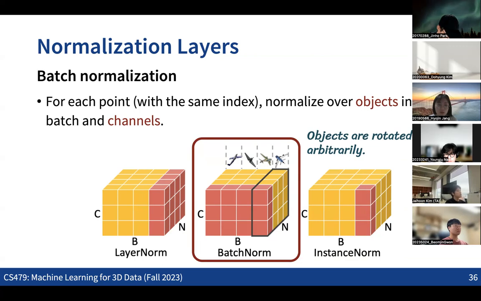And this is problematic because the features that we have are rotation sensitive features, right? Which means that if you rotate all the 3D objects, all the features in the objects will also be rotated. So depending on what random arbitrary rotations you have in the objects in the same batch, the output of the batch normalization will also change. The output of the batch normalization becomes sensitive to the orientations of the different objects, which means the vectors in one object can be affected by the rotations applied to the other objects in the same batch.